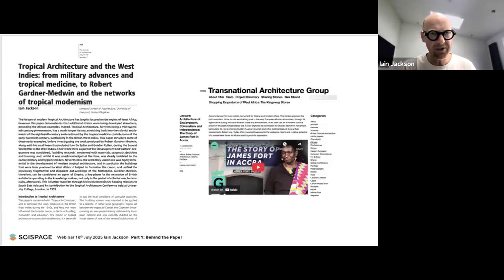We didn't know what to call it. We'd say, well, this architecture is not linked to a particular style. This architecture is not linked to a particular place. It's not linked to a particular person or approach. It's kind of beyond national boundaries. So we just said, we'll call it transnational architecture. And we began to build in public. We began to jot down our ideas and share every month or so. And we started this blog in 2013 as well. And it's just grown. It's become an amazing resource.